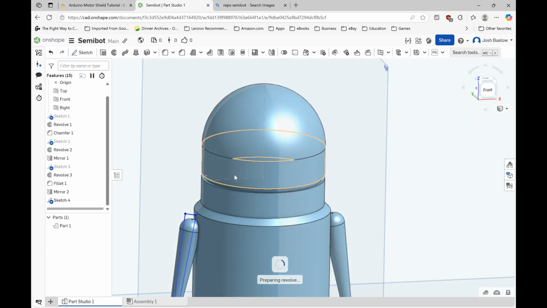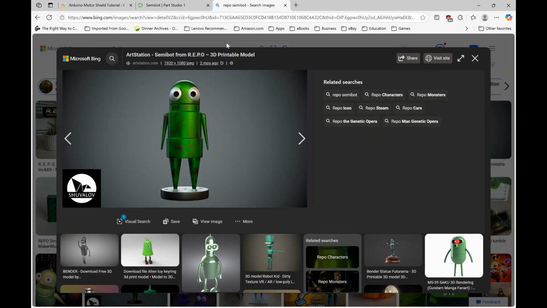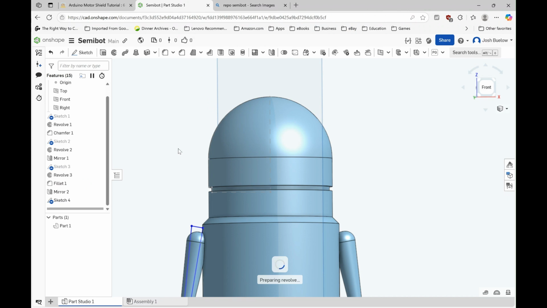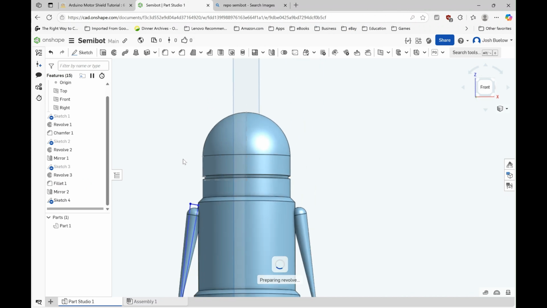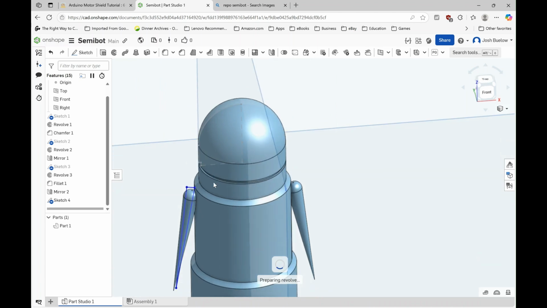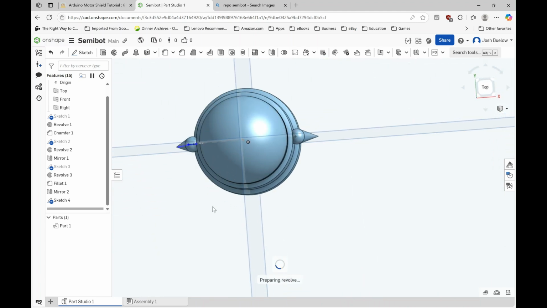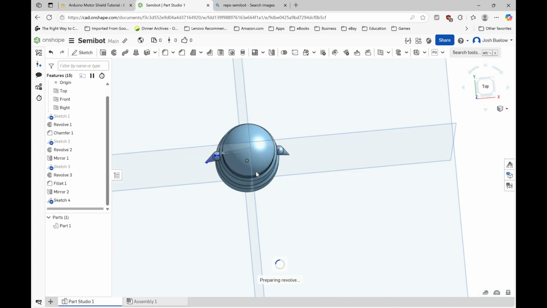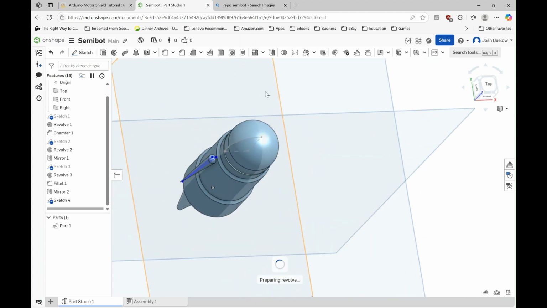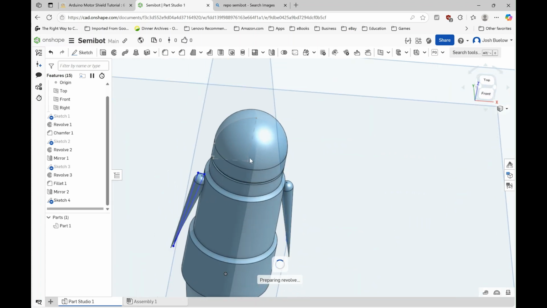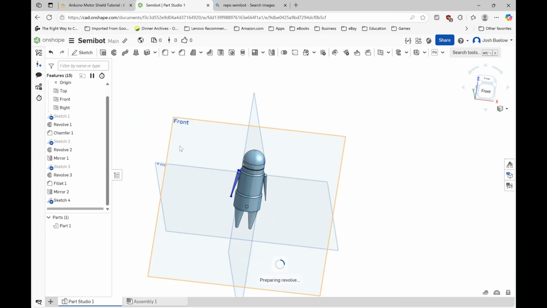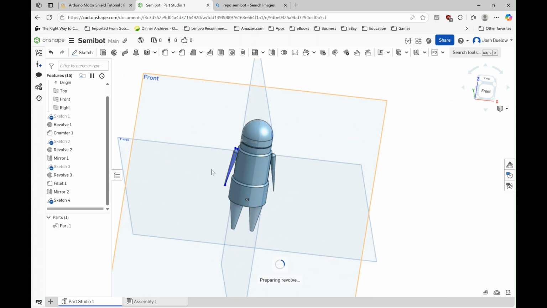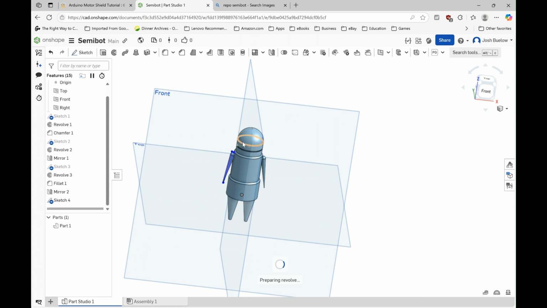All right, last thing we got to do is just add these eyeballs. So that's going to be a pretty simple thing to do. We're just going to go and make, if we look at it from the top right here, make a sphere right there and a sphere right there. We'll be able to mirror this across our central plane right here as well. So pretty simple. In order to do that, I'm going to have a plane showing exactly where I want my